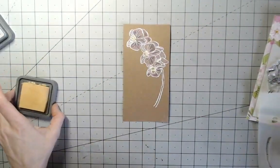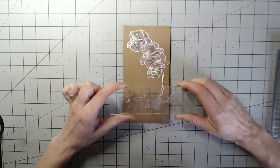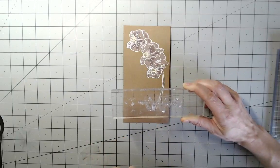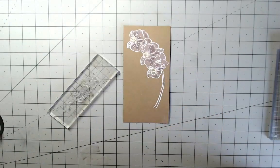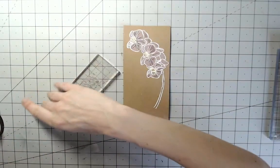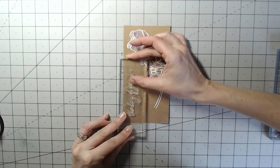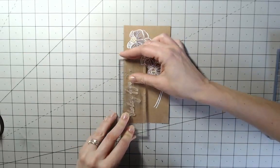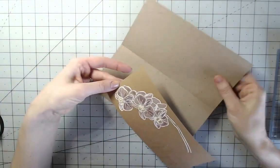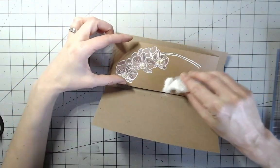I've chosen to go for a yellow there. To finish this card off, I'm just going to choose the thinking of you sentiment and emboss that in white as well. This sentiment comes in with the orchid stamps. I'm going to place this going vertically up the edge of my card. Put the card onto some cardstock or paper on my surface, sprinkle on the white embossing powder,